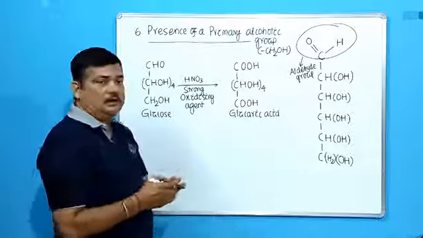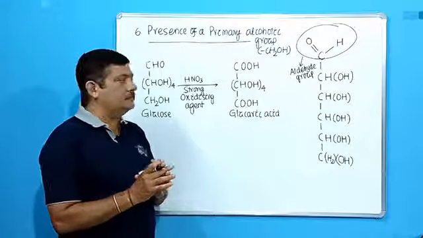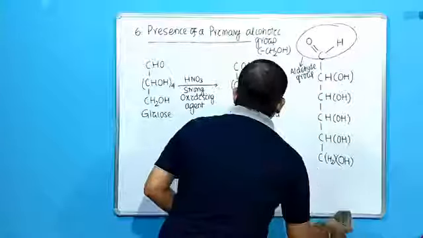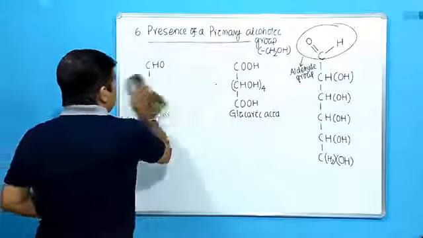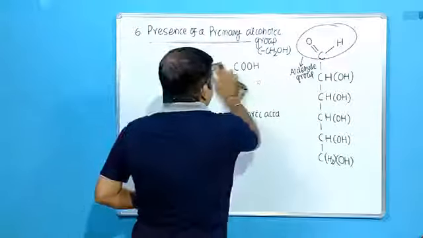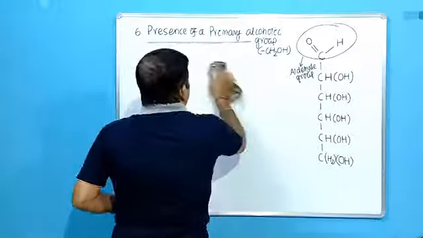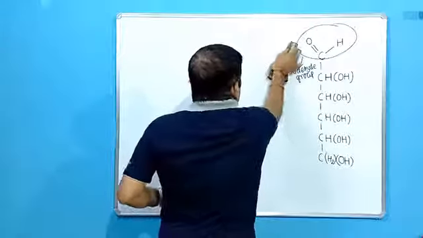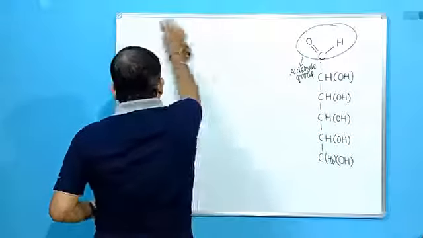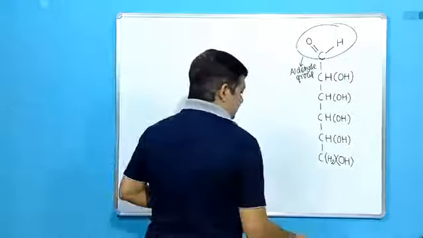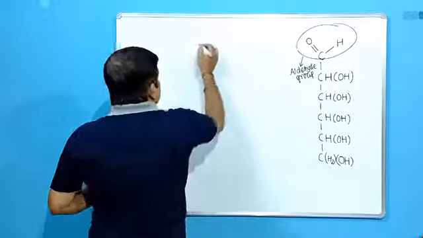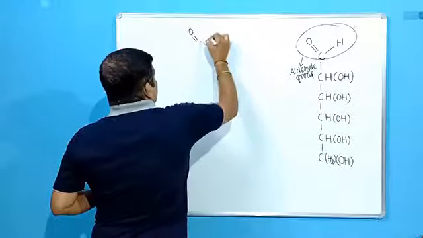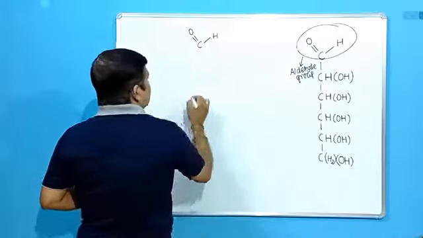Okay. Now the structure of glucose, that is the open chain structure of glucose, is finalized. The open chain structure of glucose looks like this. Let us draw it once again, so it will be better for you to remember. Okay, so the open chain structure is now clear. By these experiments it is clear. So you have to remember step by step as I told you. The first carbon atom contains an aldehyde group, CHO, like this.